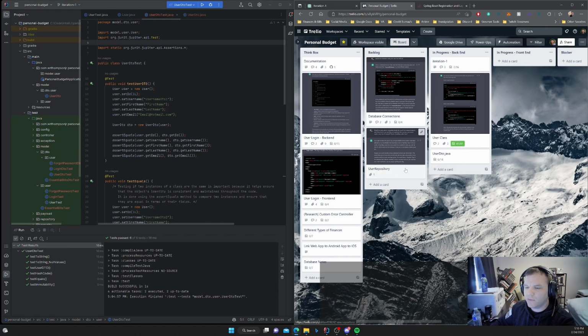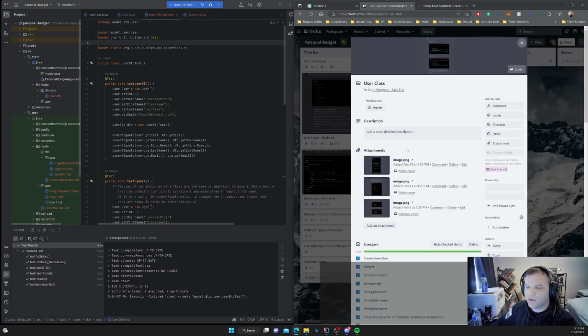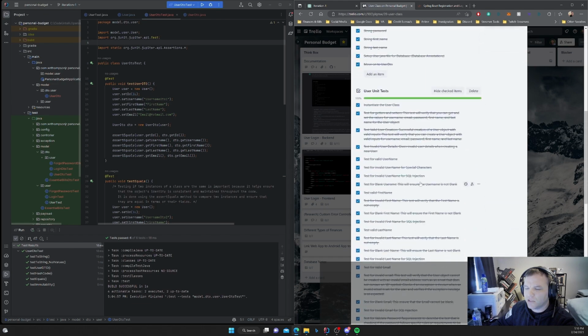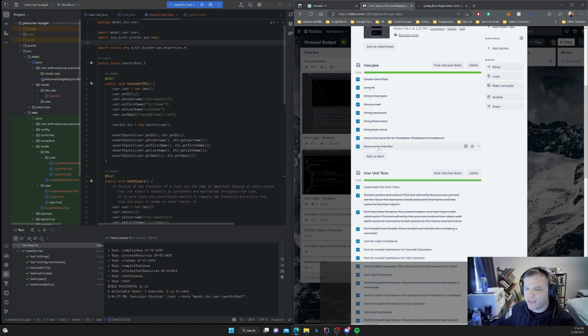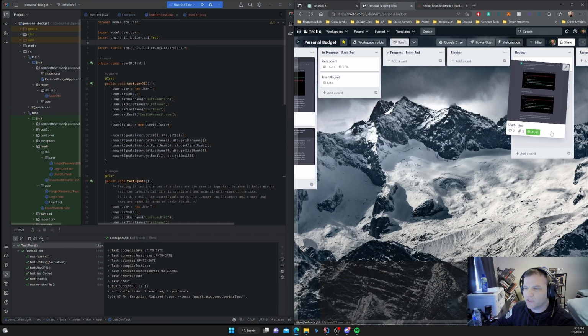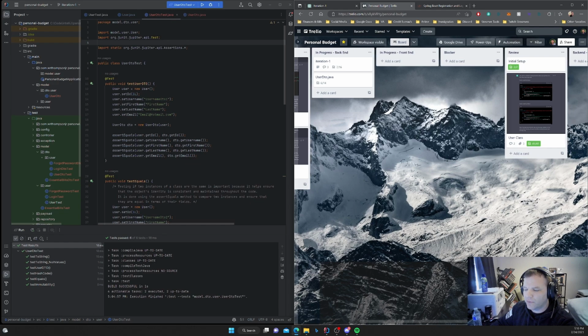Let's go back to our Trello board. Before I do, I double checked this earlier. I made the last check mark and moved on to the UserDto, so I went ahead and checked this, which finishes it off completely. And then we'll just throw this over here under review for later.